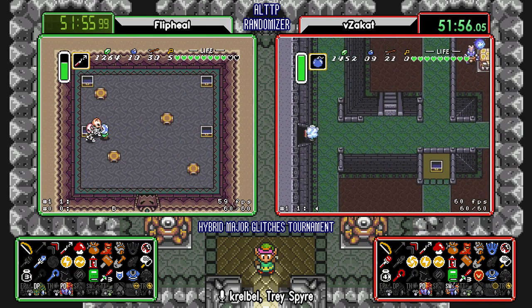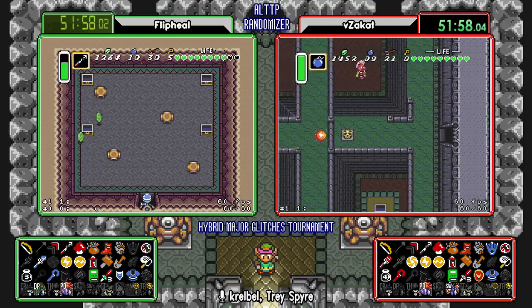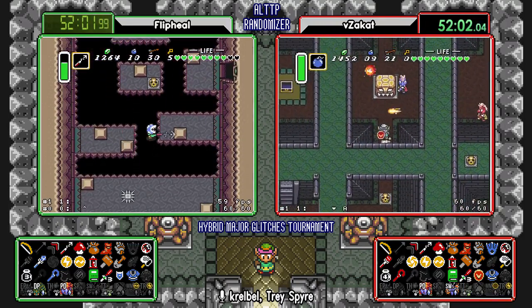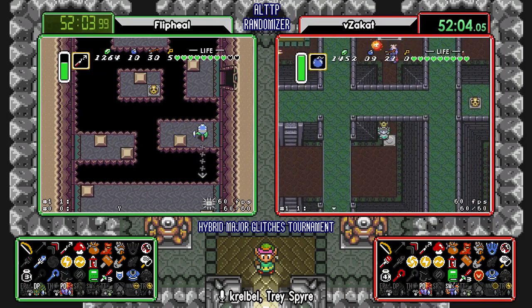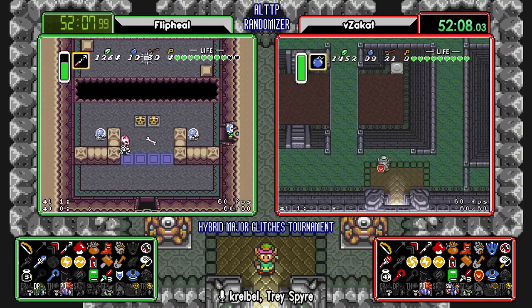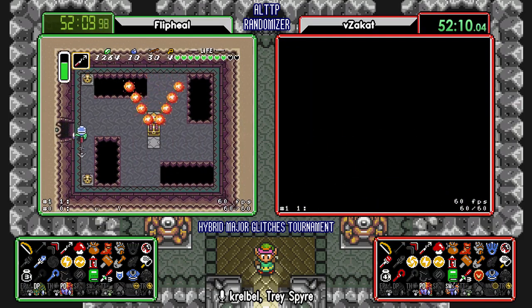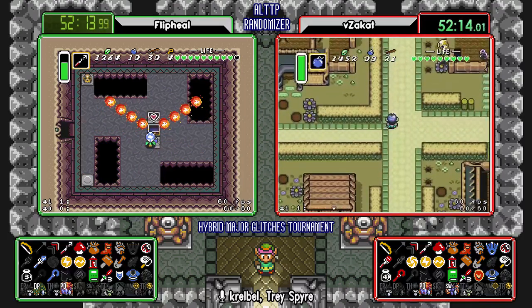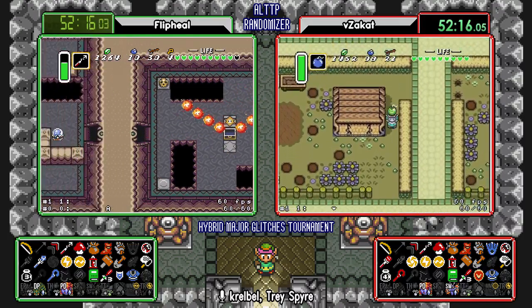So where was the Ice Rod is my question. Ice Rod was in Hype Cave. Wow, okay. That puts Zakat in a pretty fortunate position here. Because that Fire Rod on...